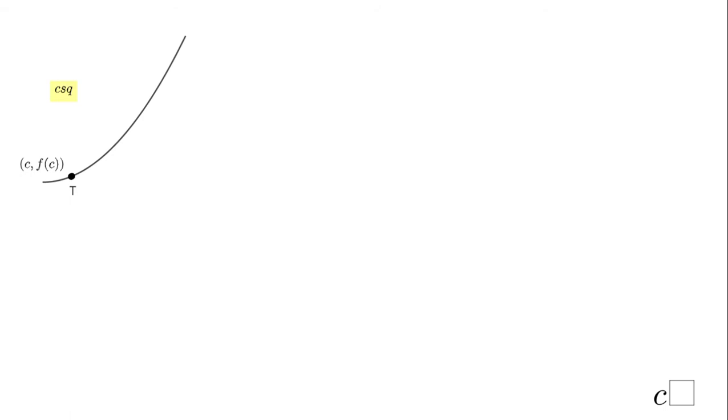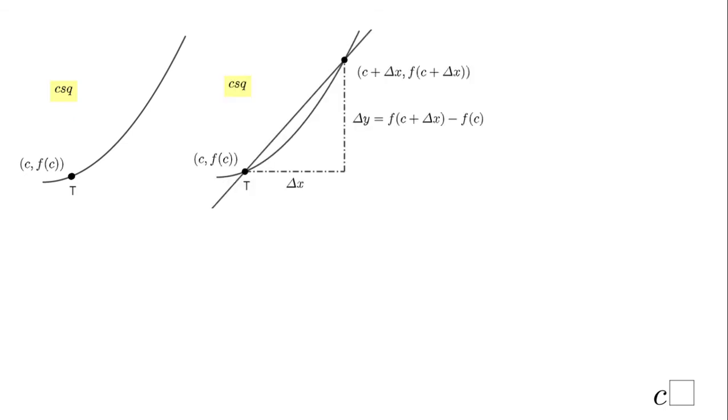You see that point T that belongs to the graph of f of x. That point T has these two coordinates, c and f of c. How do I find the slope of the tangent line? I cannot go right away there, but I can find the slope of a secant line. You notice this line here, given by these 2 points, it's secant to the curve. I have another point with x and y coordinates, so I can find the run, I can find the rise, and the slope is, if you remember,